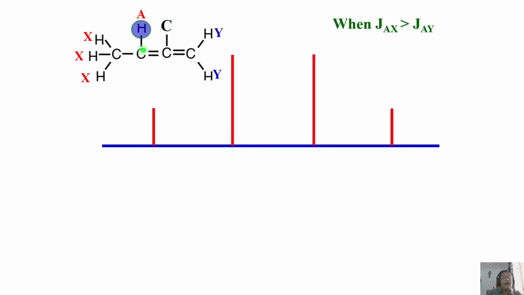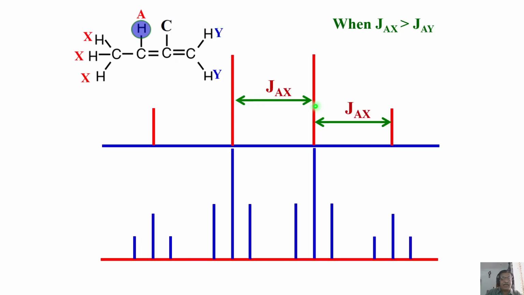On the other hand, I'll reverse the situation. Now, this coupling is larger. Let us say AX coupling is larger than AY. What happens? This proton is split by the CH3 with the larger coupling into a quartet. These are equivalent protons, 2Na+1 rule, so this will become a quartet. Now each line of this quartet will be split into a triplet because of this. The larger separation gives you JAX, each will be a triplet, and the smaller separation gives you AY coupling.